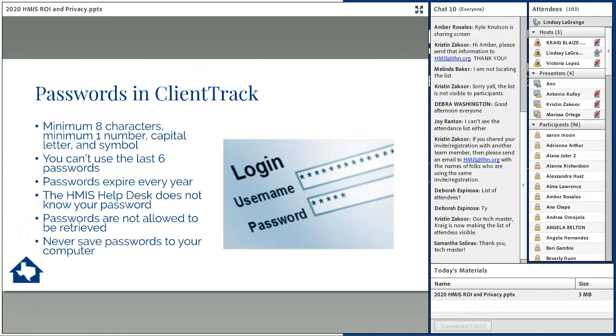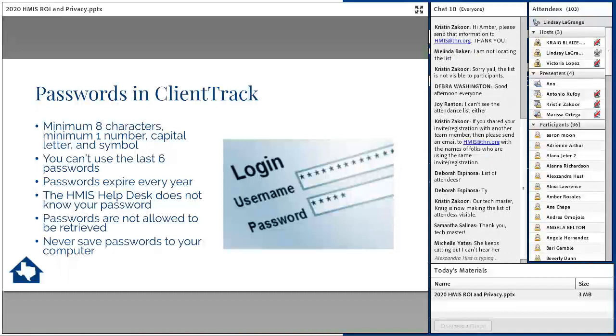Okay, moving along. Speaking of passwords, let's talk about the specific criteria you need to hit for your client track password. Your password will require a minimum of 8 characters, though best practice is actually 10 characters, with a minimum of 1 number, capital letter, and symbol. When changing passwords, you can't use any of the last 6 that you've used, and passwords expire every year.